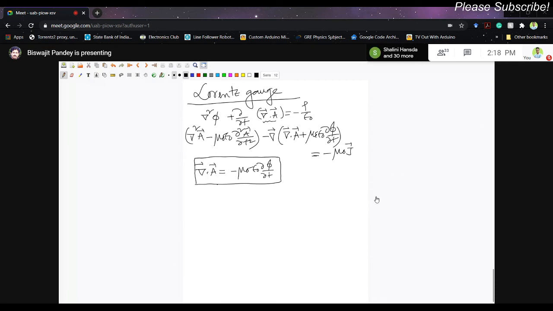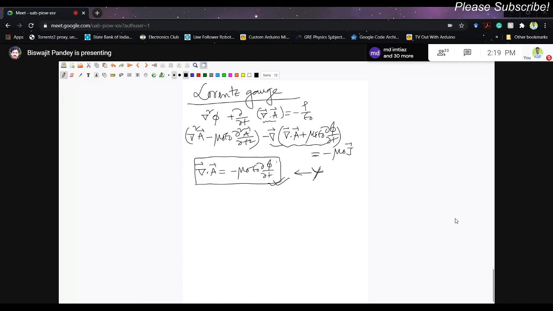So what is the requirement? If we require this, then we have to choose psi, the gauge potential, in such a way that this is satisfied. And if you remember how A and phi are related to the gauge potential, the relationship between A and phi has to be like this, and that is the basis of our choice of psi, the gauge potential. Psi has to be chosen in such a way that this is satisfied. And as soon as you demand this condition, you see from the second equation that this entire term vanishes.